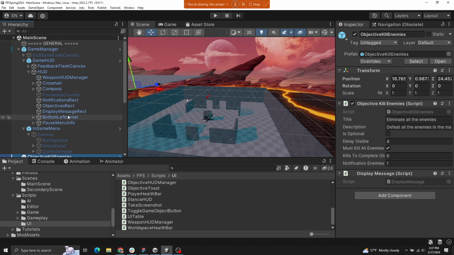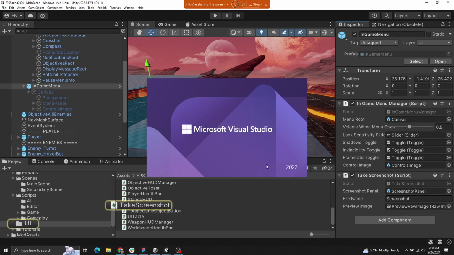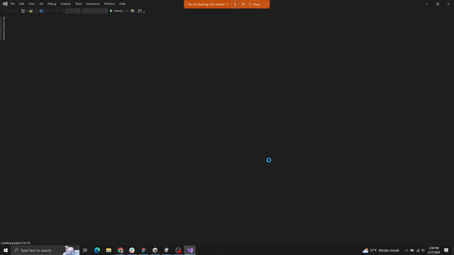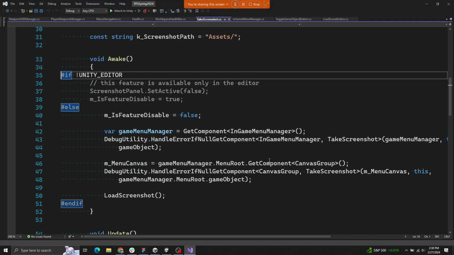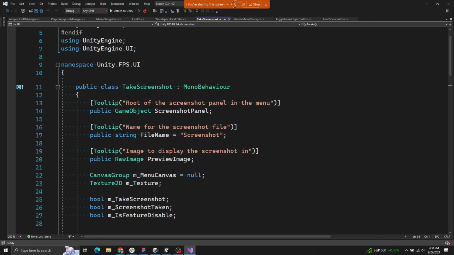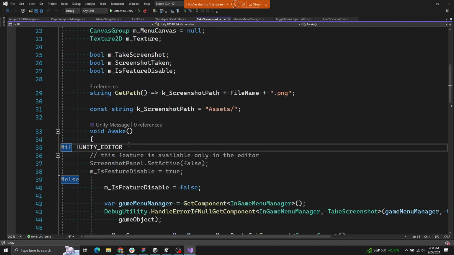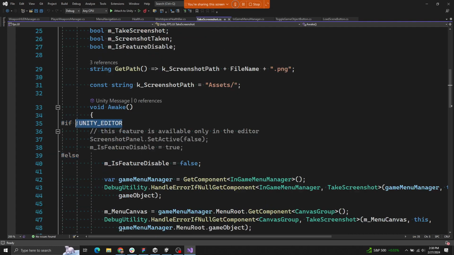there's an in-game menu, right? Take screenshot. So let me open up this quickly because this connects to last class, or one of the two last classes. And I was saying that there was like this special little macro that was something a little bit new. And it's like, hey, let's take a screenshot. Okay, here's all the properties and fields. And then on awake, if we're not in the Unity editor,